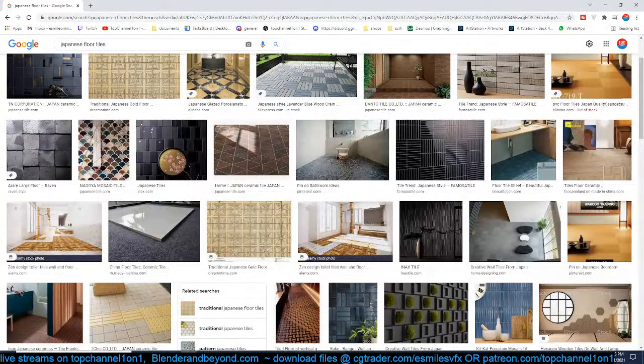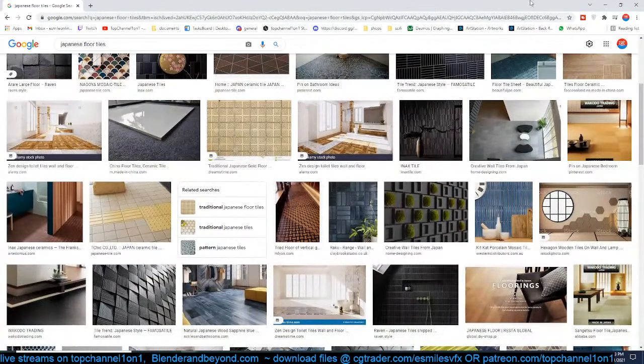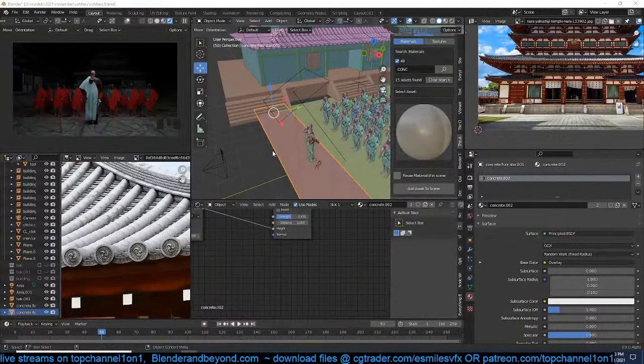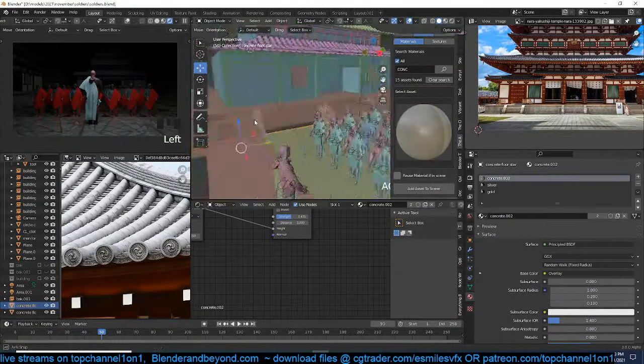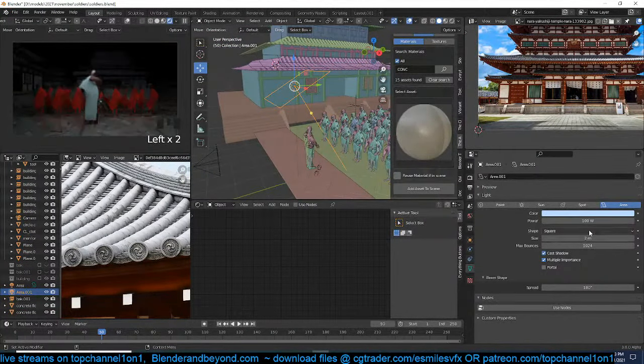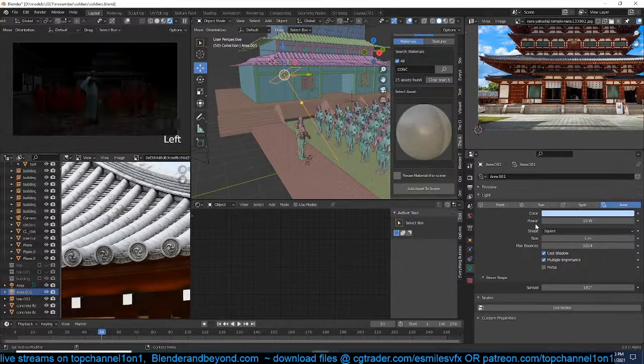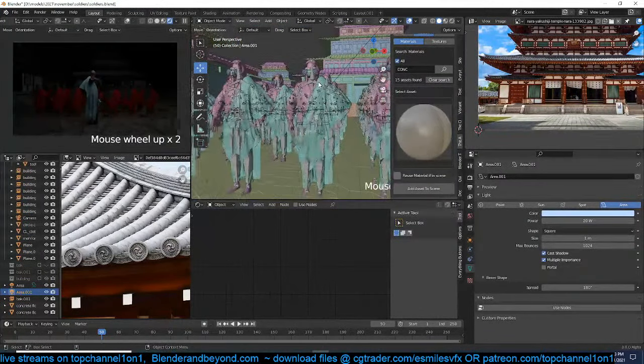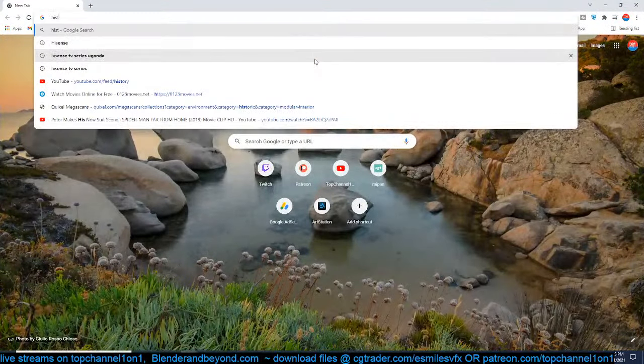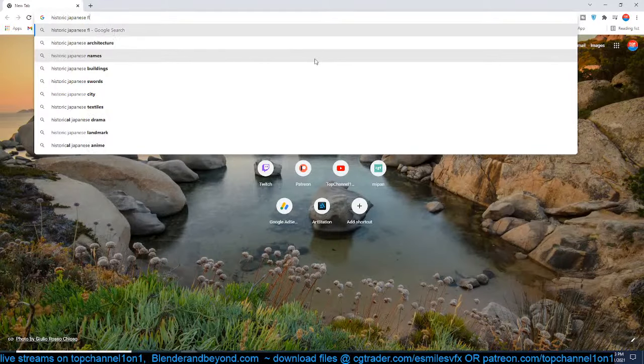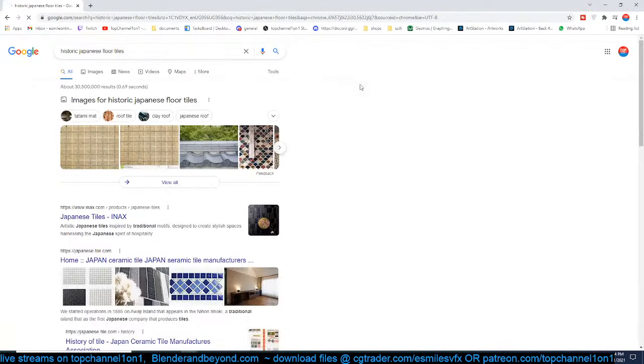Let's see. Just use a 1. Yeah, let's try 10. And I think the red is standing out too much. Historic floor tiles. Historic Japanese floor tiles. Now, finding a texture that